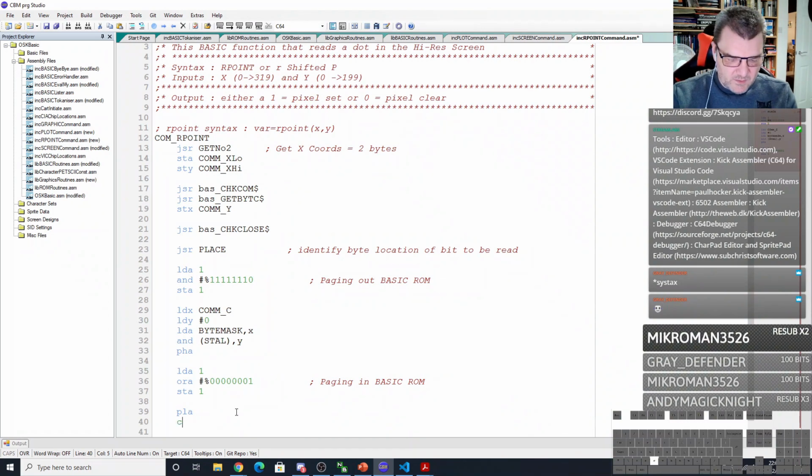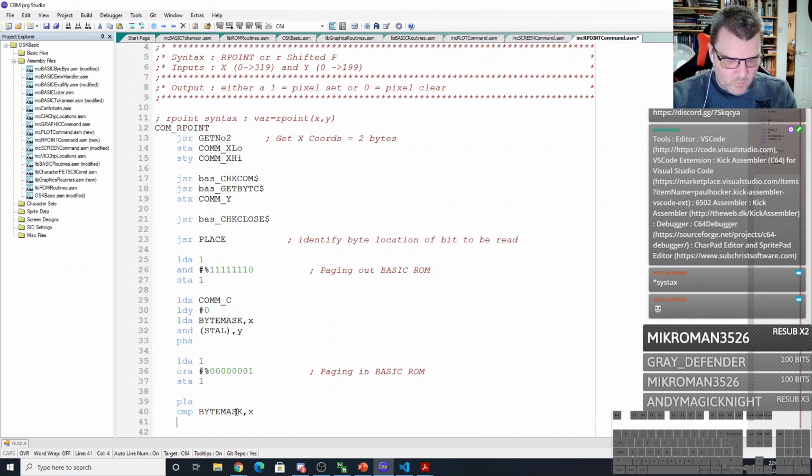We compare the accumulator with our byte mask, X, and then we're going to do if it's not equal to,